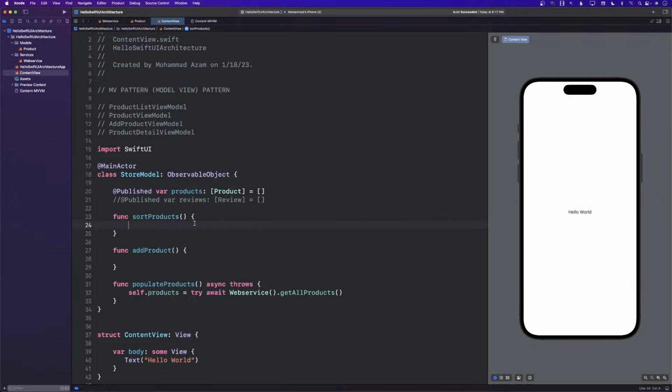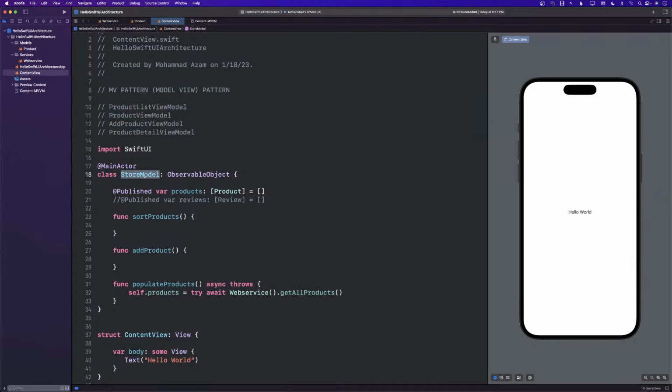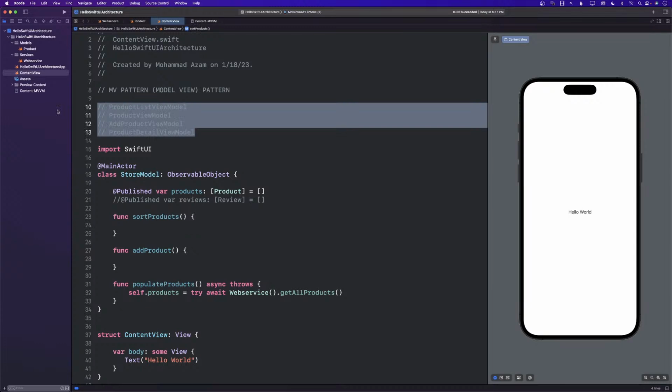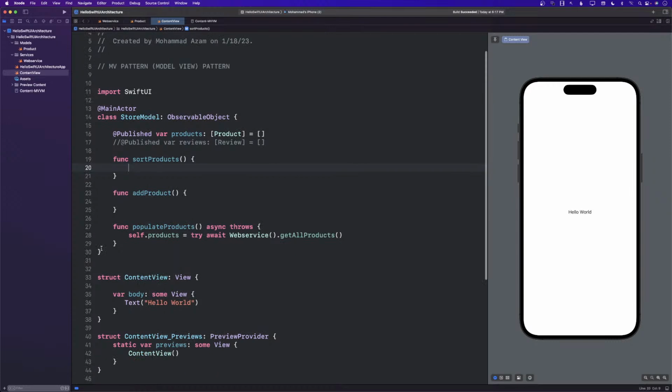Okay. And the other thing is that you can create this and inject it into an environment, and then it will be available everywhere. So most of the time I actually do end up injecting it into the environment because I actually need that. But let's go ahead and take a look at that. Now, obviously, we don't really have reviews or anything like that, so I'm just going to be using the products. So this is it. This is the code. Let me remove this part.